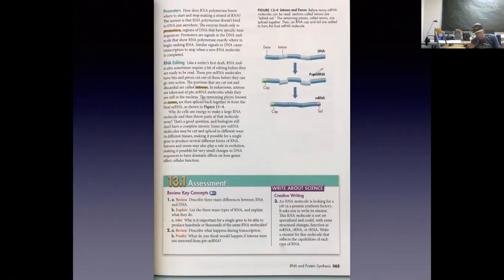But all of the pieces that do get interpreted, the dark blue, we call those exons. Those are segments of DNA that will get interpreted. And so if you consider all of it, this would be your pre-mRNA, if you have it all. But once you take these introns out,